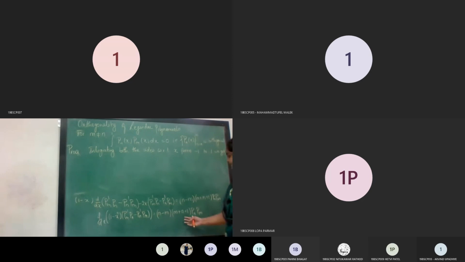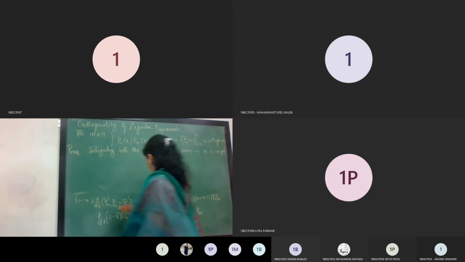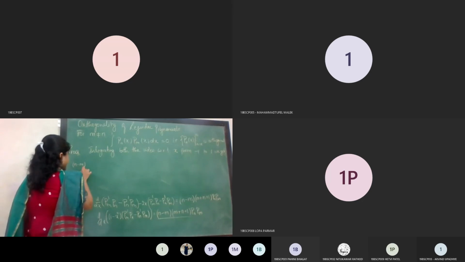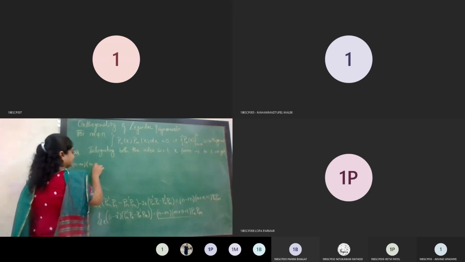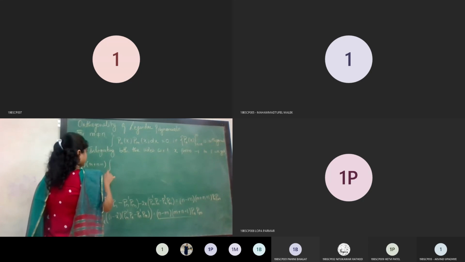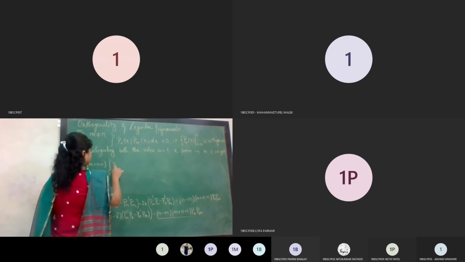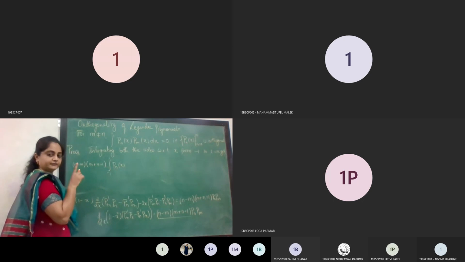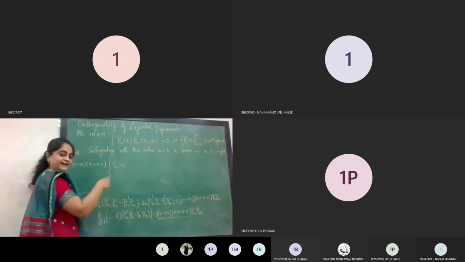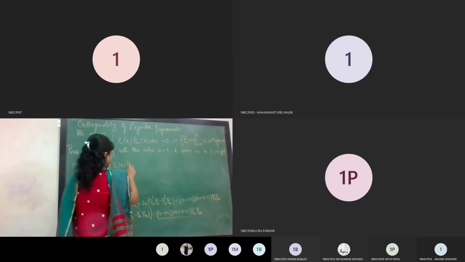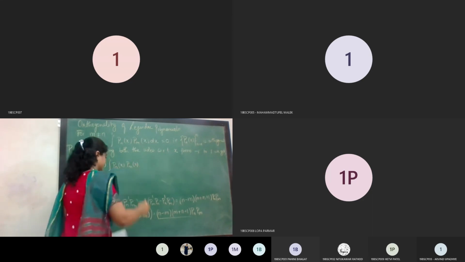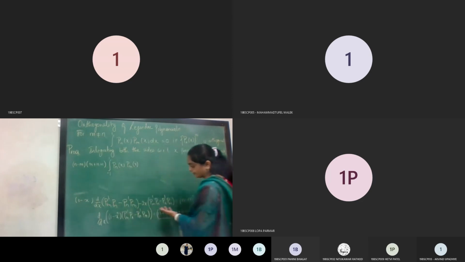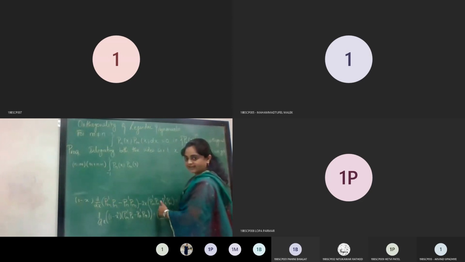So now I am writing the right hand side part first. These two terms are independent of x, therefore I can take them common. So n minus m, m plus n plus 1, integration -1 to 1 Pn. Now since we are considering the integration with respect to x, I am writing the argument together with Pn, that is Pn of x, Pm of x. You can understand why I ignored the argument earlier, because there are so many terms which contain Pn and Pm. That's why I have ignored it.